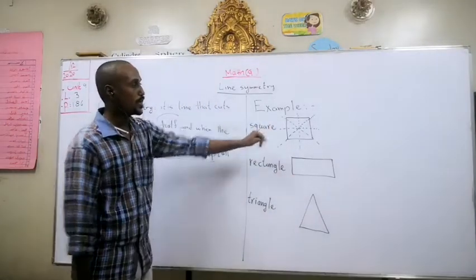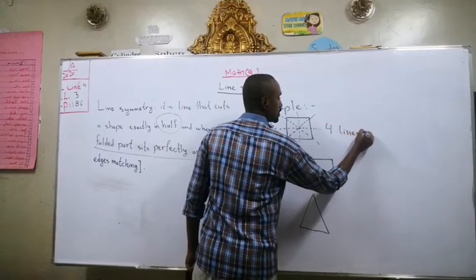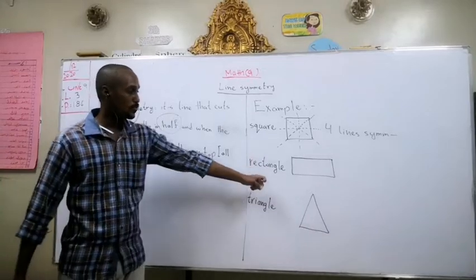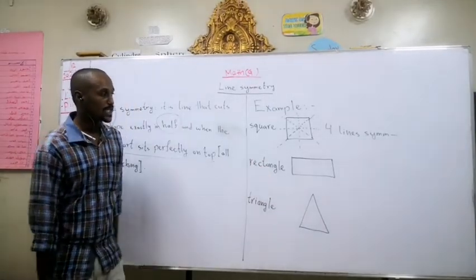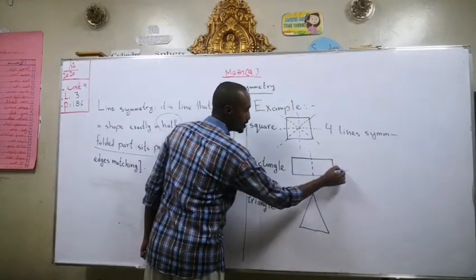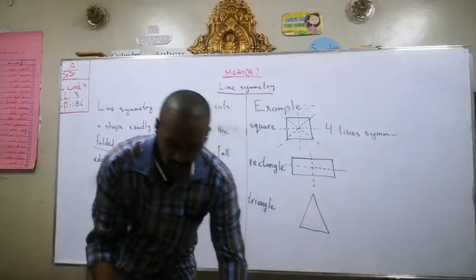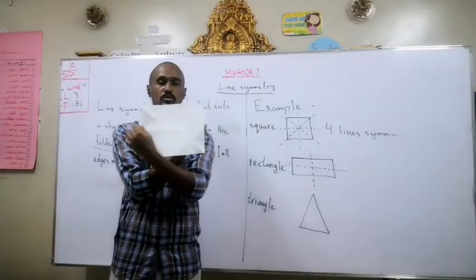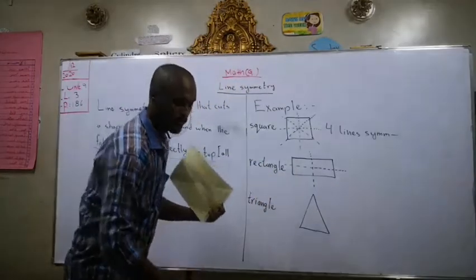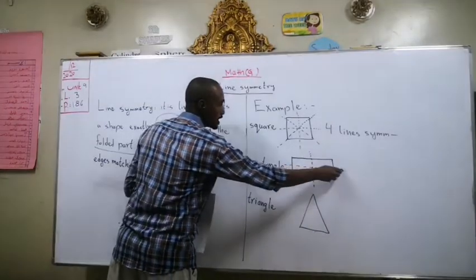That means a square has 4 lines of symmetry. But now let's look at the rectangle. I can divide it like this, or I can divide it like that. For example, here we have this paper. It has two sides, yellow and white. If I divide this rectangle like that,